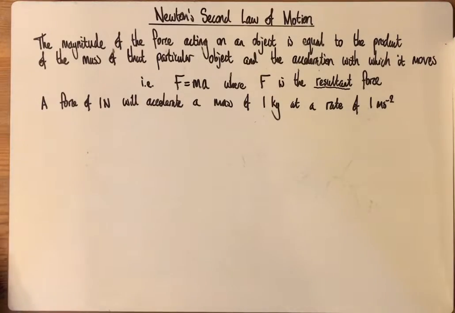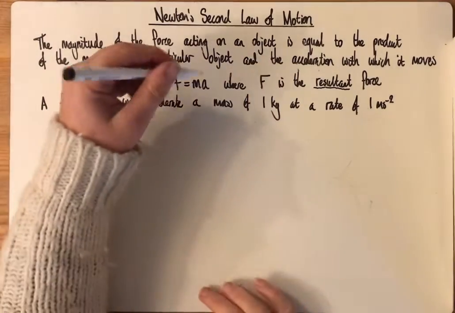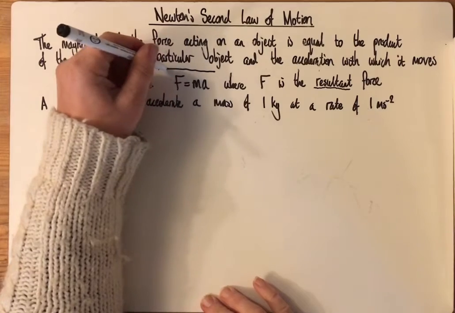Okay, today's lesson is using Newton's second law of motion, which is that the magnitude of the force acting on an object is equal to the product of the mass of that particular object and the acceleration with which it moves. So, i.e., F equals ma, where F is the